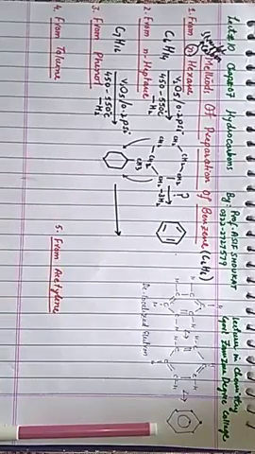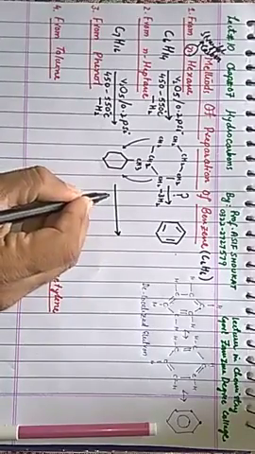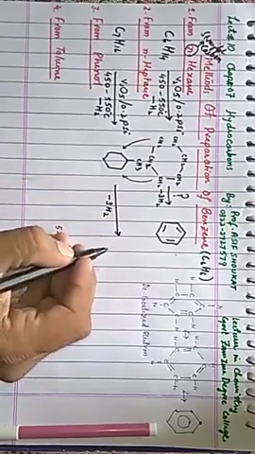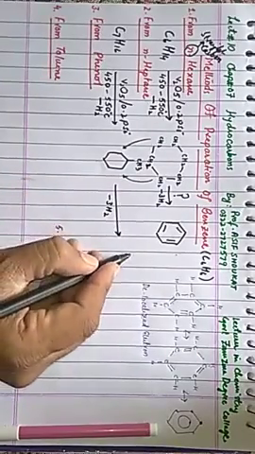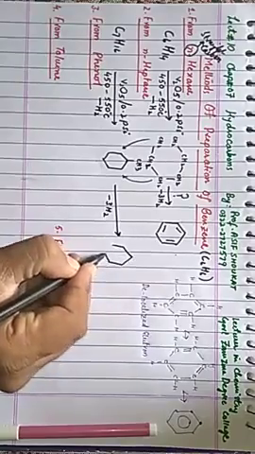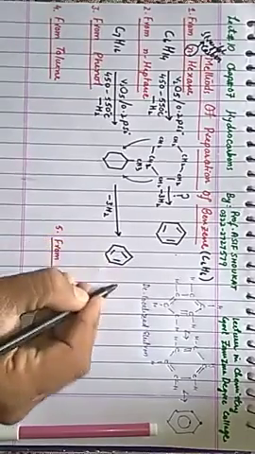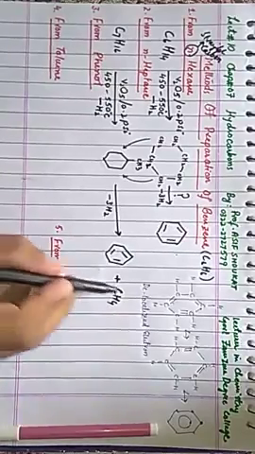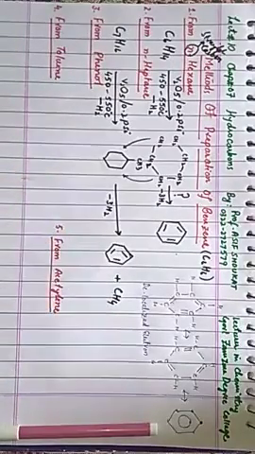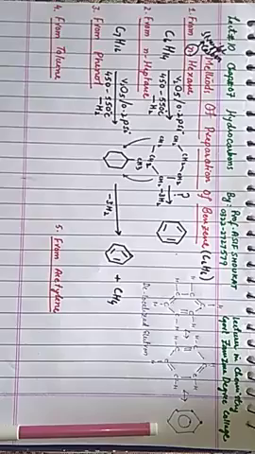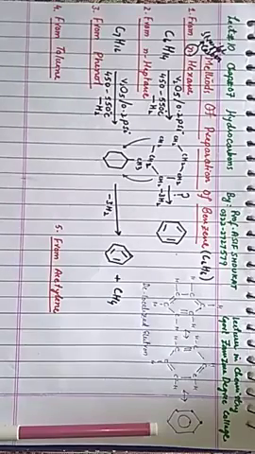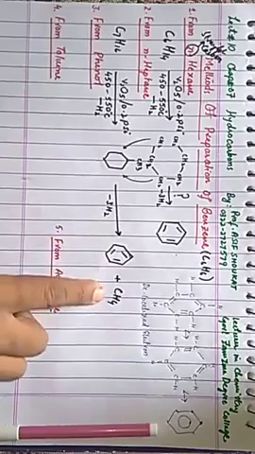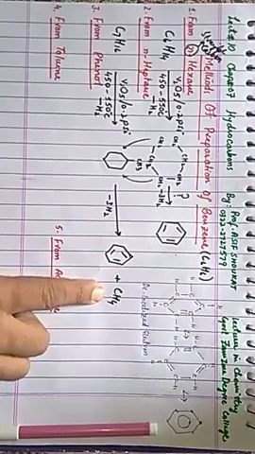In the second step, further removal of 3 hydrogen molecules takes place, and you will get benzene along with the formation of CH4. Why CH4? Because 6 carbons are part of the benzene ring and the 7th one will make CH4, methane gas. It is benzene which is our desired product. It is methane, it is a byproduct.